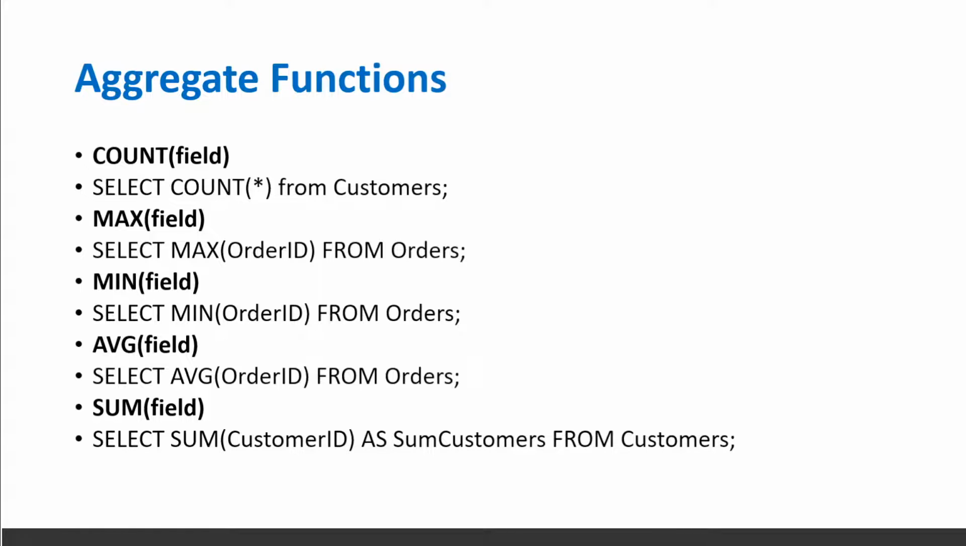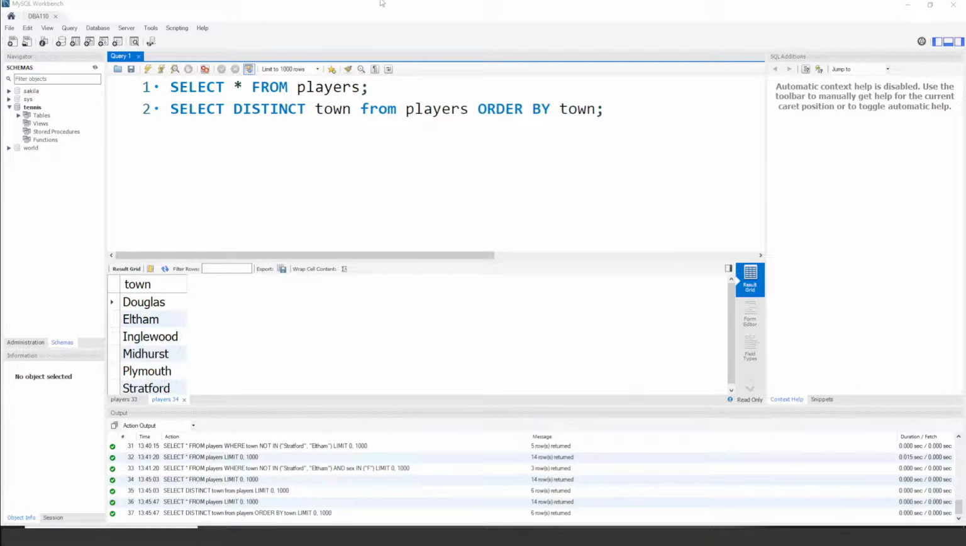Max field, I can select the max from orders. Or I can just select the max integer or max number from some column, from some record. Min, I can select the lowest amount. Average, I can actually select the average of a group of records, which is pretty interesting, right? So one of the things that you can do